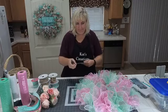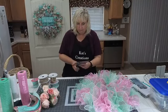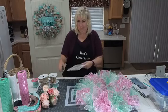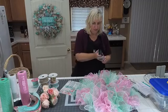Robin, again, while she's doing that, the white mesh is cut to 15 inches, Ruffles, and then the pink and green is cut to 13 inches, and they're both Ruffles on top of the white. Right. So push those